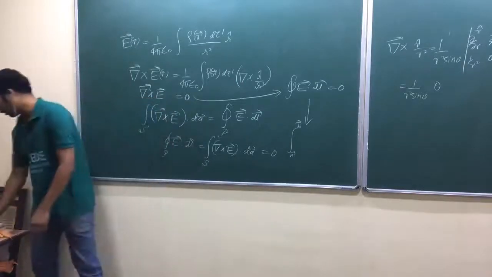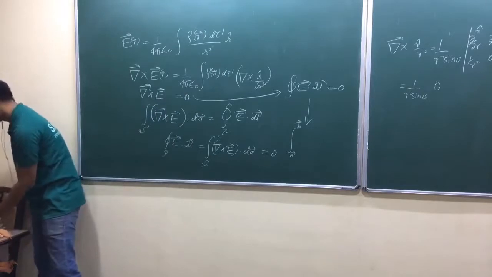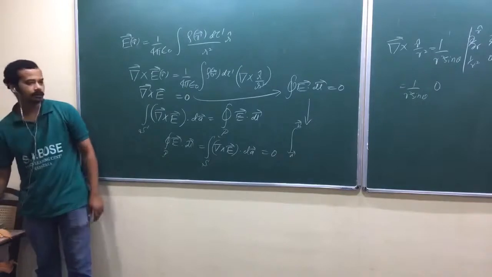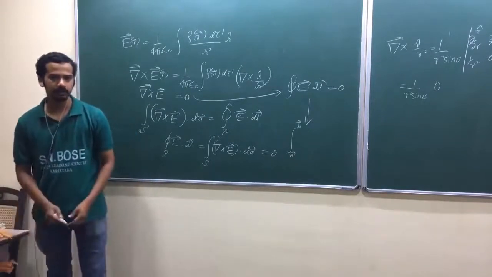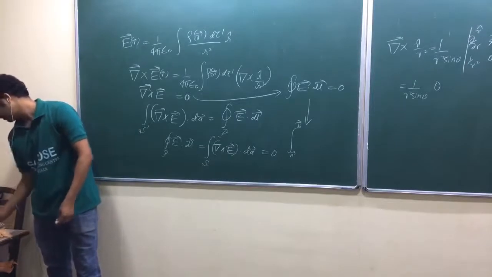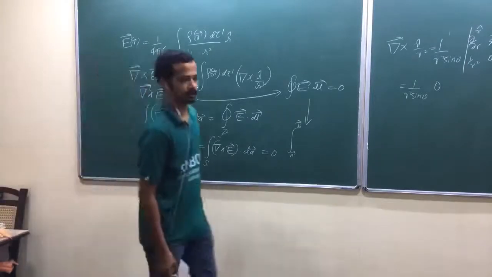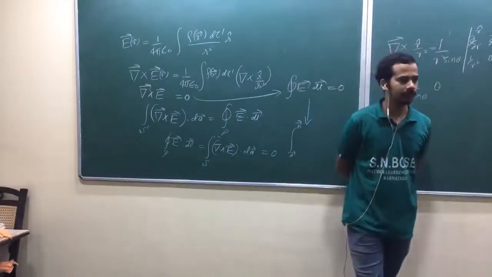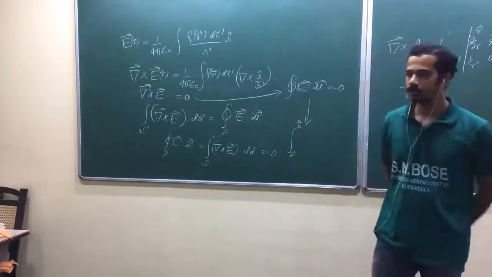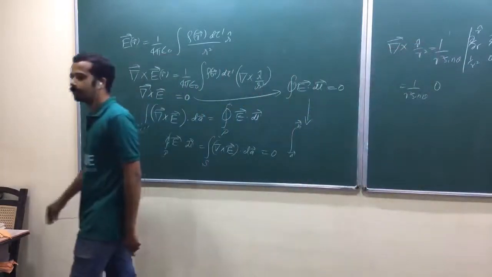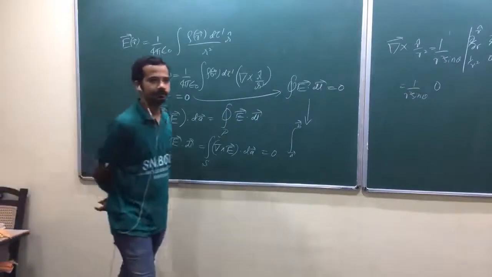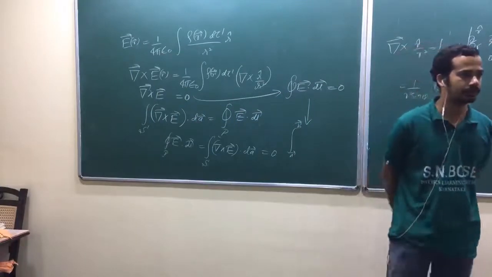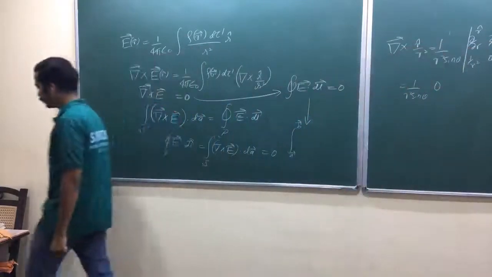Those are again equivalent points. Can you just go back to that theorem? Theorem 1. No, theorem 1 was curl-less field. What are the equivalent statements we have written? One is curl equal to 0. Second one is closed line integral equal to 0. Line integral over closed path is equal to 0. Third one is open line integral is independent of the path chosen, depends only on the endpoint. And what else we have taken? That vector field can be written as gradient of some scalar function, isn't it? Those were the equivalent statements.